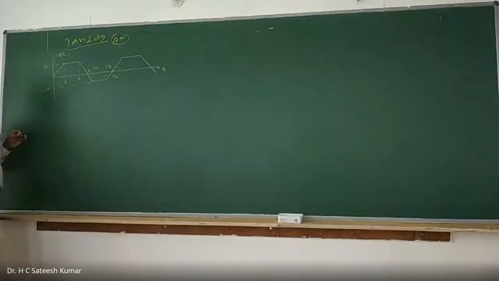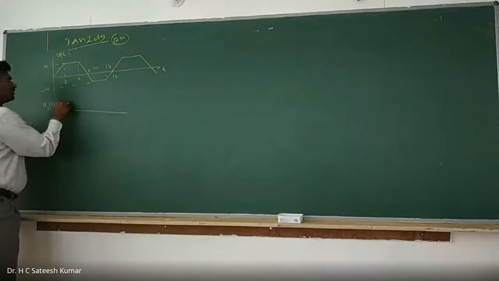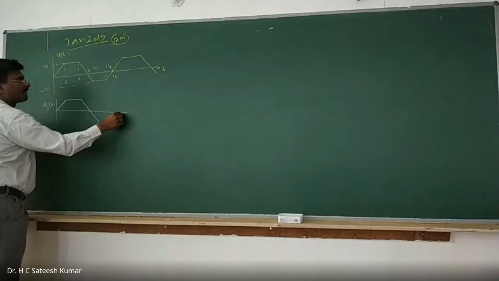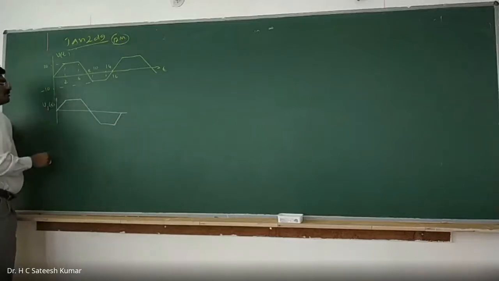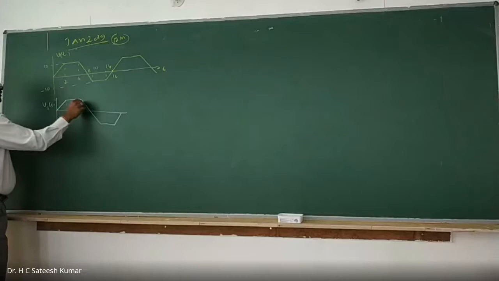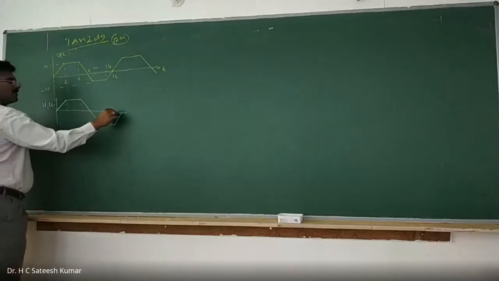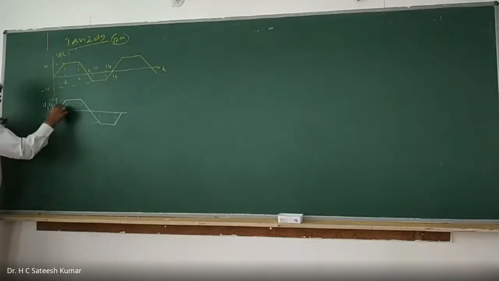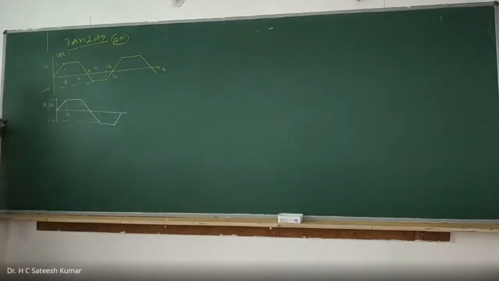What is the Laplace transformation of it? First, let v1 of t be equal to one cycle. So this will be like this. This one cycle I call v1 of t, and write it down using step functions or ramp functions. So this is your 10, this is your minus 10, and this is your 2. Therefore, what is your v1 of t?